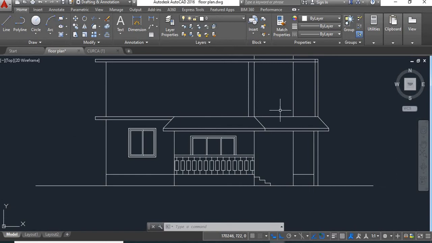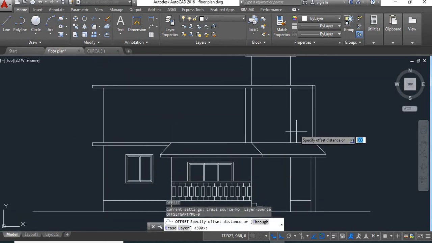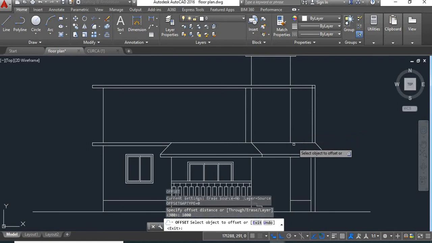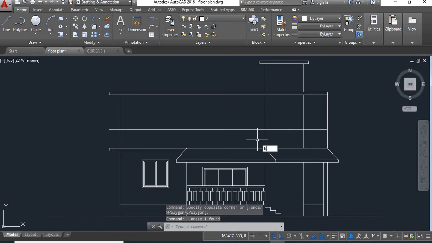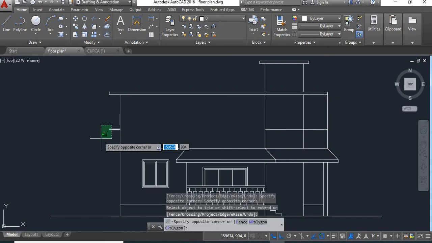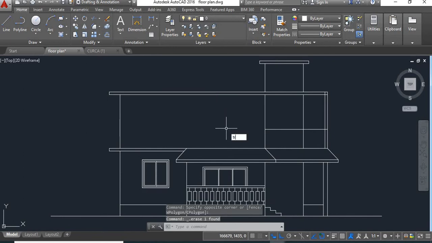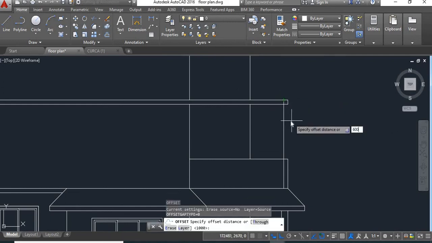Now here we'll show the railing of this open terrace. For that we'll take offset of 1 meter from here to here. So enter. Now trim this line. Trim this also. Trim this line. Show the chhajja from this point of 600.